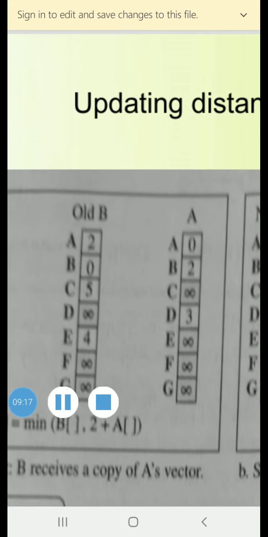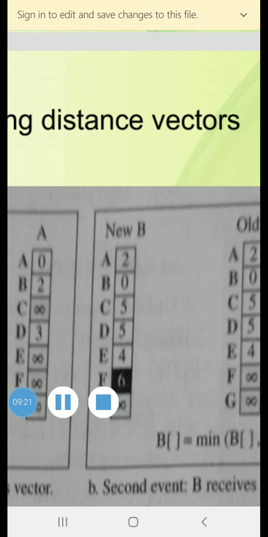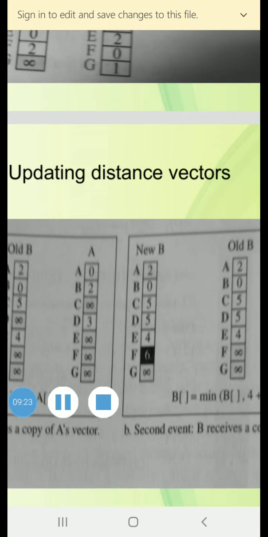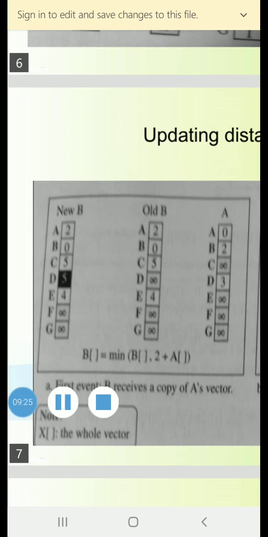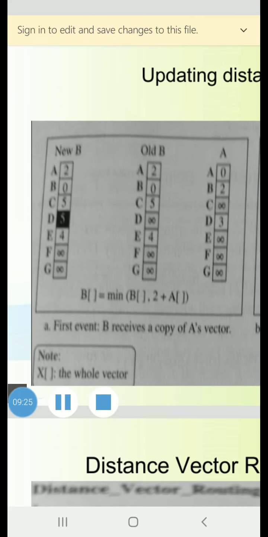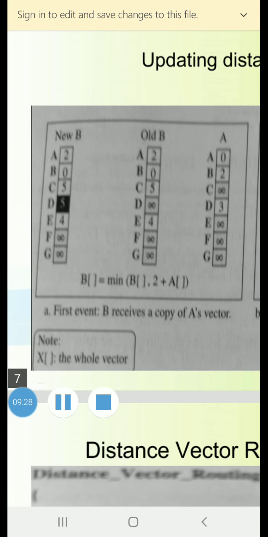See here, updating distance vectors. See how the update has been done. The update has to be done using the Bellman-Ford equation, the second case. So you see here, B is equal to minimum of B vector comma 2 plus A vector, where that bracket shows the whole vector.